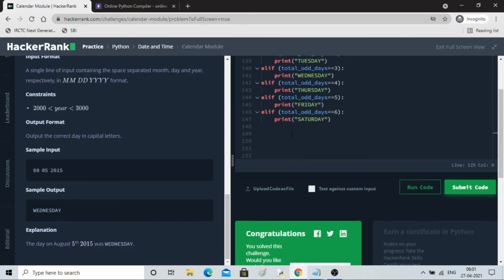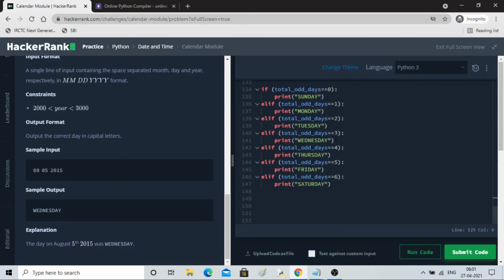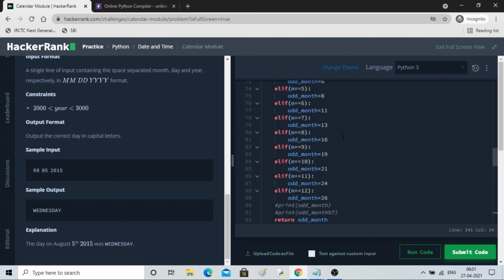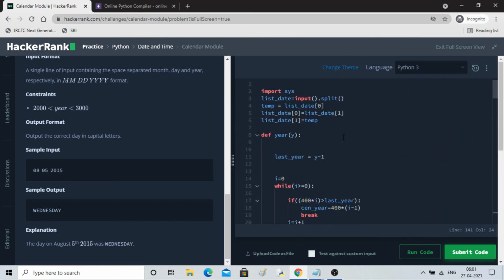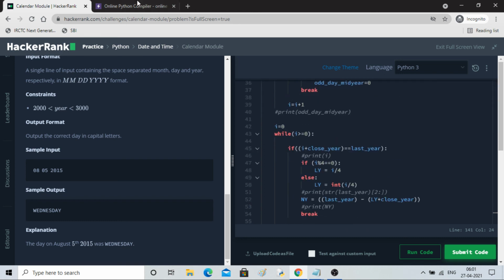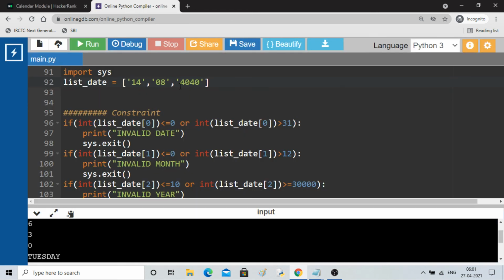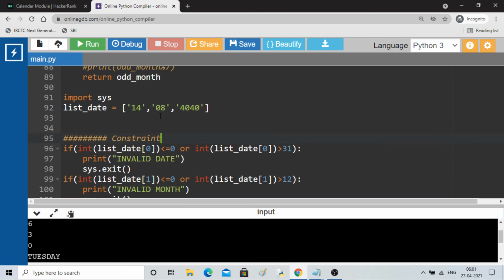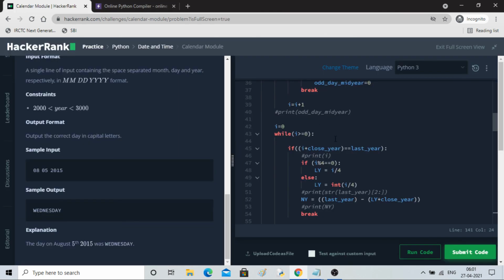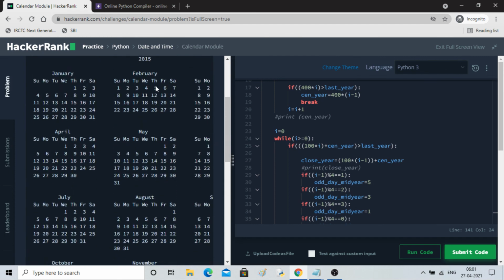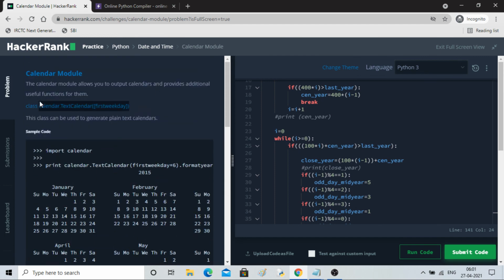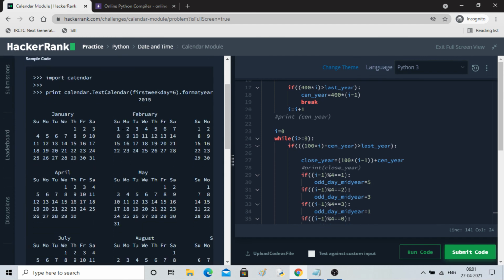Although I took a lot of time in solving this, it is all worth it. You can see how much learning there is, and the product coming out of this much hard work is beautiful, right? Just write any date and you will get to know the day. You can cross-check in different ways. You can also cross-check by using this calendar function, and you will be able to get everything.